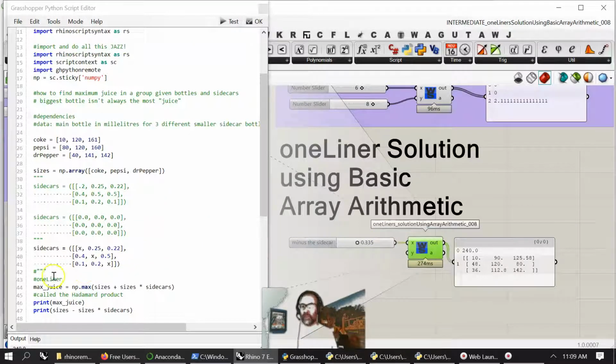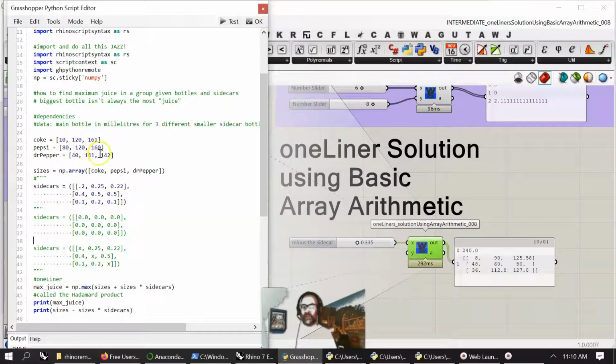Anyway, the initial document I'm going to hashtag out. I'm hashtagging out comments, which means I'm totally losing my mind. I'm going to hashtag out this top comment, and I'm going to want to comment from this comment all the way through to this comment. And now we're running the top one. Let's see if it runs. And there we go. That is if we have this data, and these are the percentage sizes of the sidecars